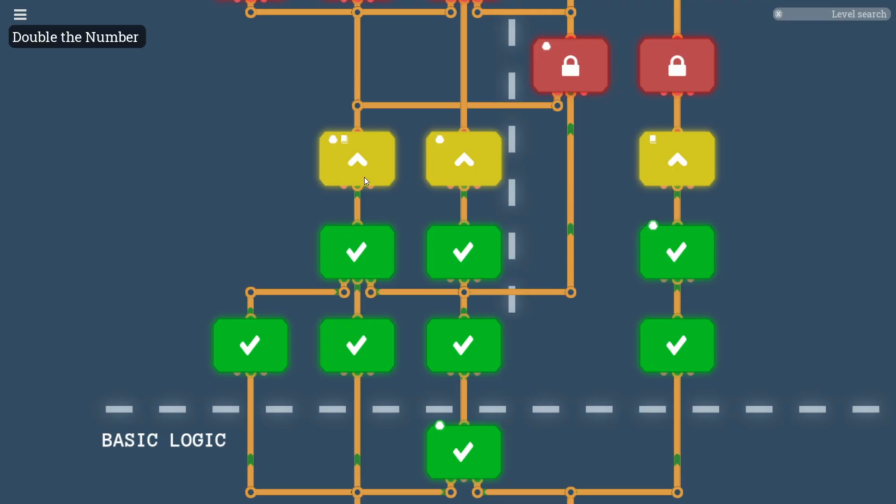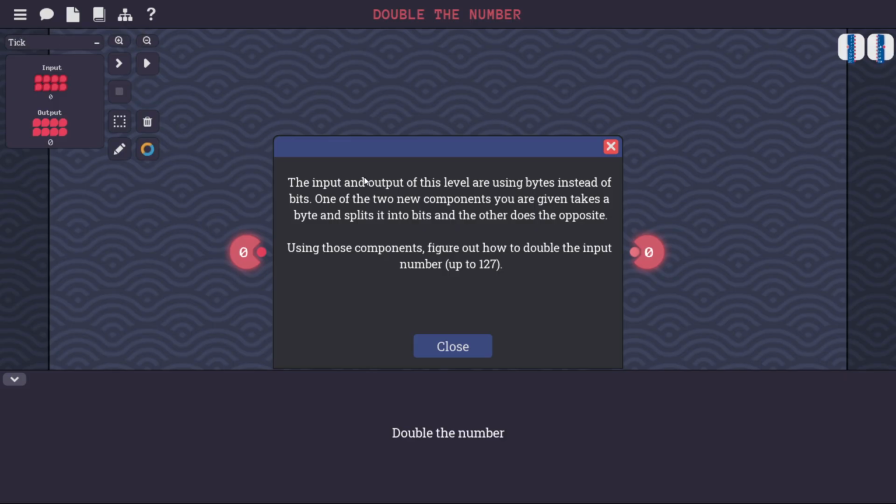The level is double the number. I'm not sure what it's about, but let's see. It says the input and the output of this level are using bytes instead of bits. As we said, a bit is just one signal like this,